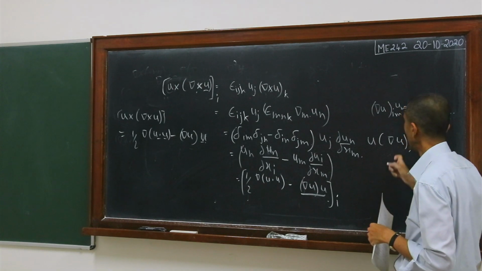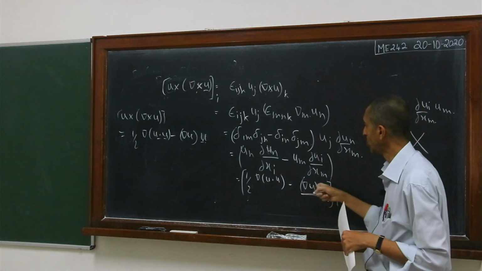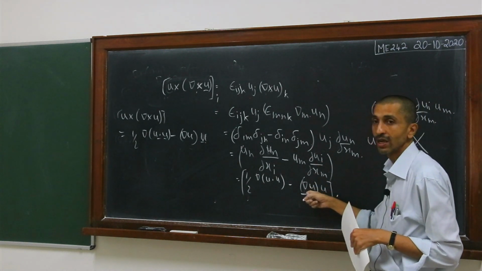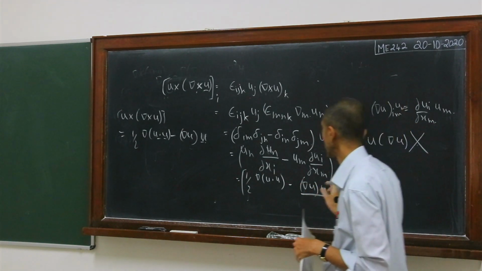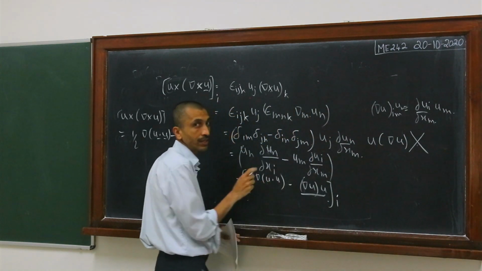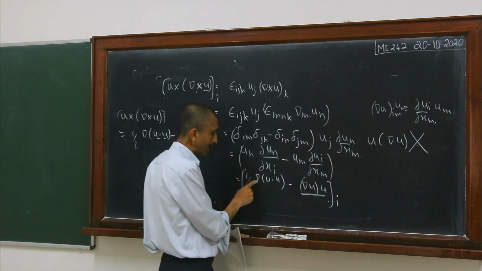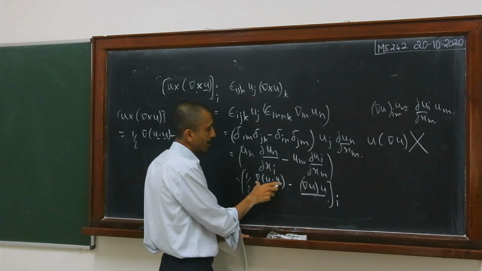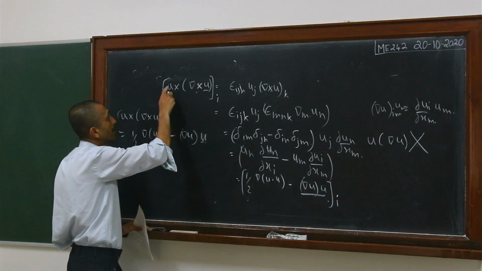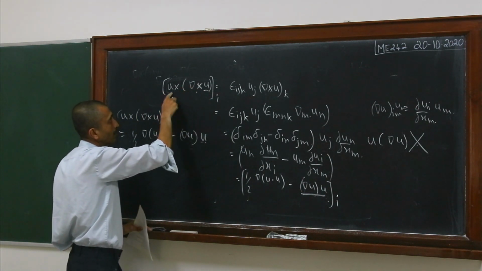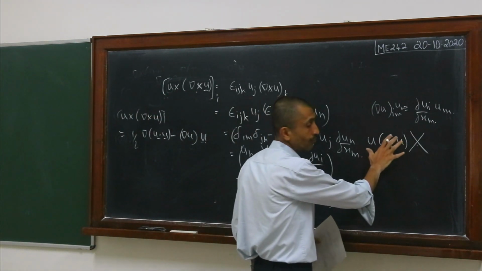Okay. So here, basically when you write it as del u times u, it is a second order tensor that is operating on a vector and it is giving a vector. Okay. So that is the proper way of writing this. So even here, for example, u dot u is a scalar, and then you are operating on it with a vector operator. So this whole thing is a vector. So this is one vector minus another vector, and then this is a curl of a vector. This is a cross product between two vectors. So this is also a vector. So what I am trying to say is that the way you write it is very, very important.